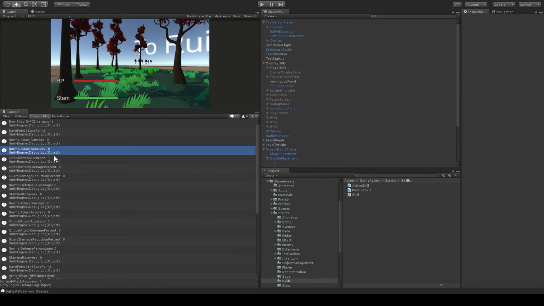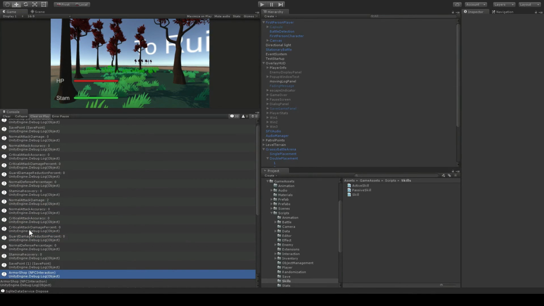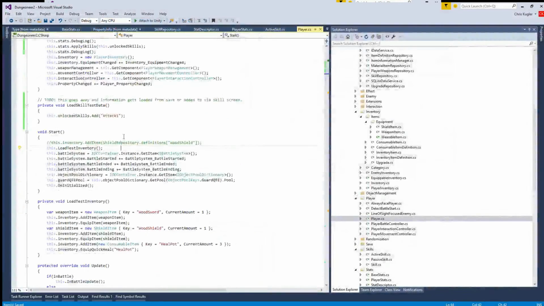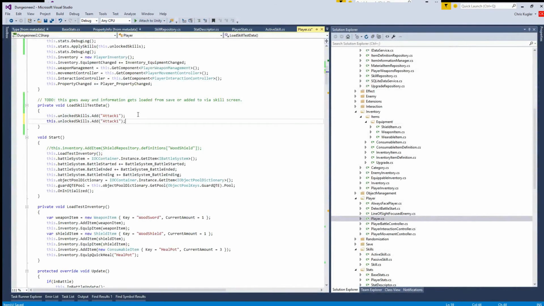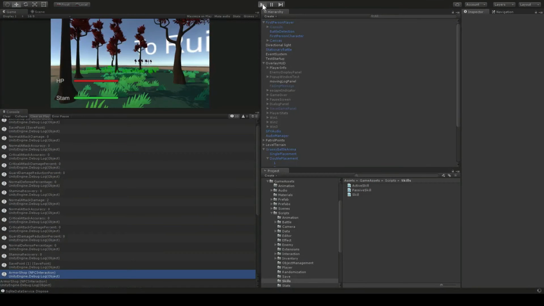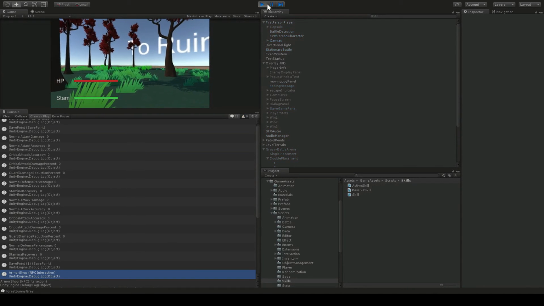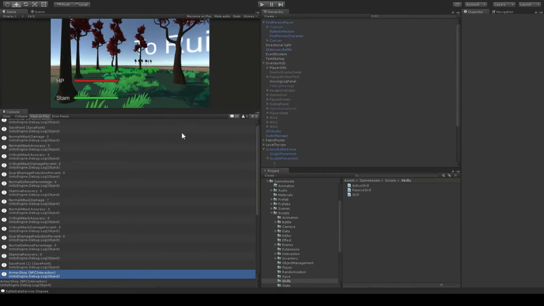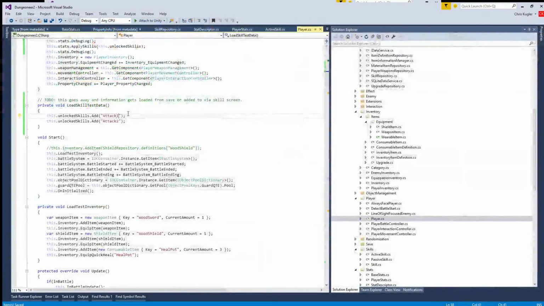So as you can see here, our normal attack and accuracy and all this are zeros. Our normal attack damage is now 2. And there we go. Let's go ahead and apply a few more here. So we'll get attack 2, which should make our resulting damage 7. And there we are, 7. And let's go ahead and